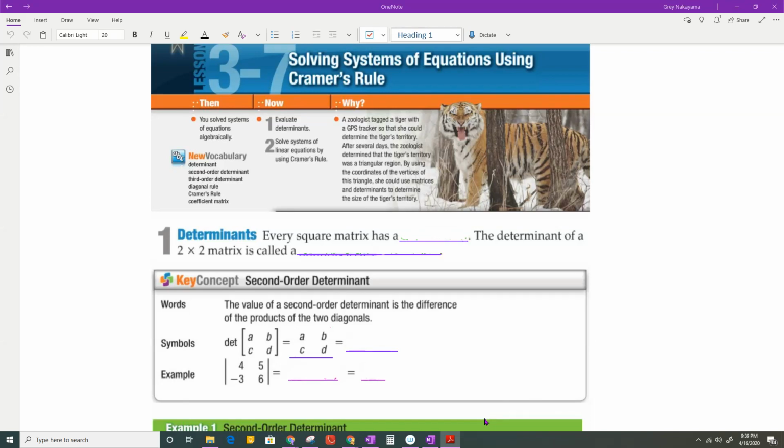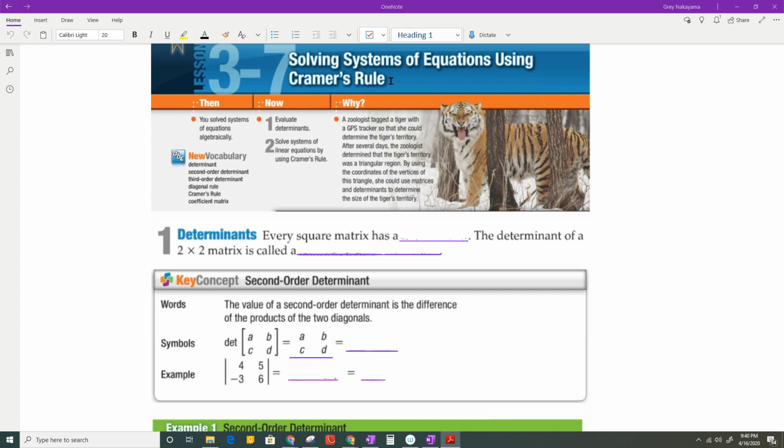Okay, today's lesson is 3-7, solving systems of equations using Cramer's Rule. What's important about this lesson, y'all, is the process. And as I think of us in this virtual setting, I want you to know that when I give you your quiz on this, I will be testing different steps of the process. So when you do your homework problems, make sure that you write down all the steps and you know where